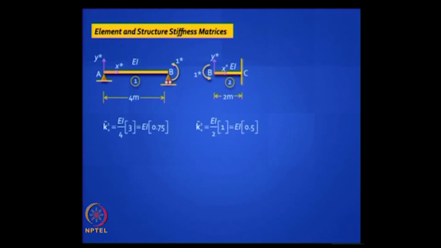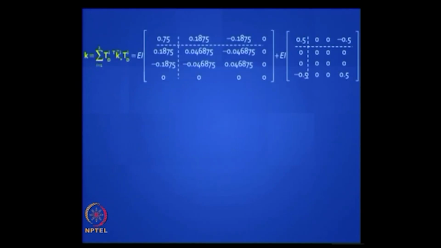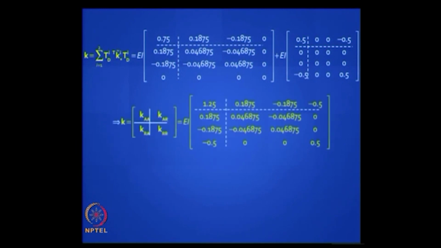You get 3 EI by L for the first element, EI by L for the second element, and plug in those values, you will get the stiffness matrix, okay, and